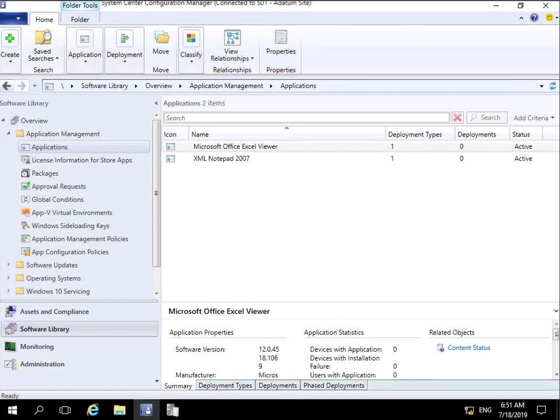In this demonstration we're going to look at deploying our application that we created in an earlier demo. In order to do that, the first thing we have to do is distribute it. Once we distribute it, we will then actually deploy that against the collection. So all I'm going to do at this point is come in,